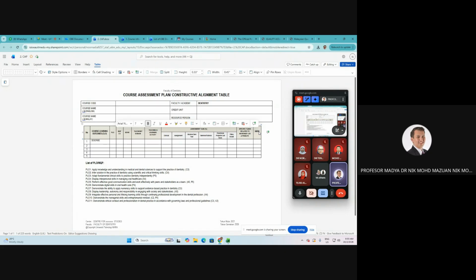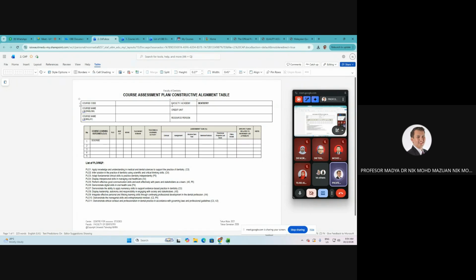I also have that document in Google Drive. This one, if you Google HIEPS, they will have a mapping. So you just map to the course learning outcome. So psychomotor, or if it is a discussion or whatever, you can map to the HIEPS. Okay, so this is how to fill out the course